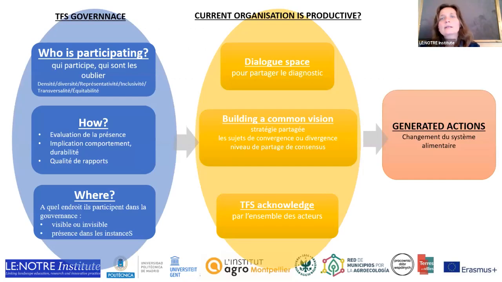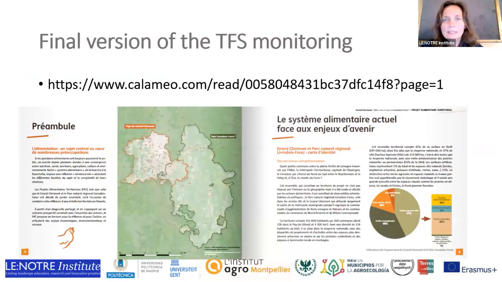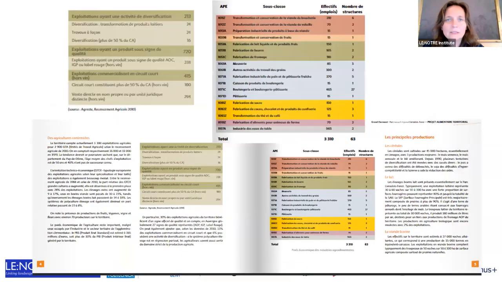So this was, let's say, the draft methodology of characterization of the governance of the strategy. And this is the final result. After I finished this mission, they continued with the data collection and established some kind of monitoring system, which resulted in this publication that you can access at this link. So this is how it looks, and these are the elements they obtained. For example, in the gray